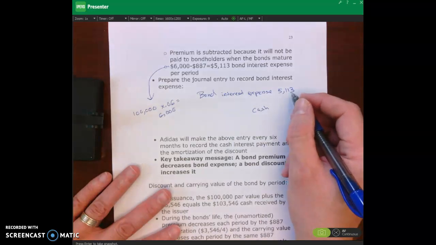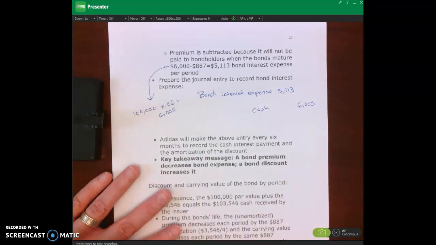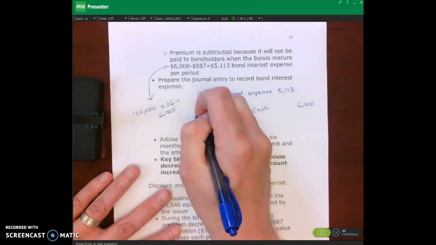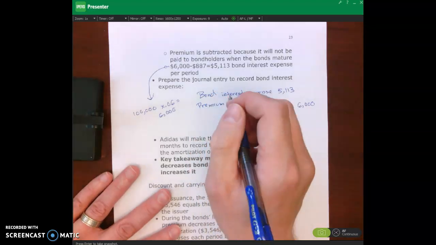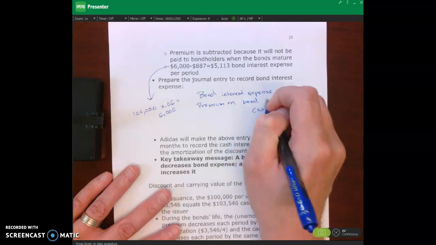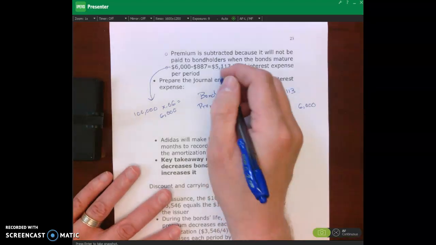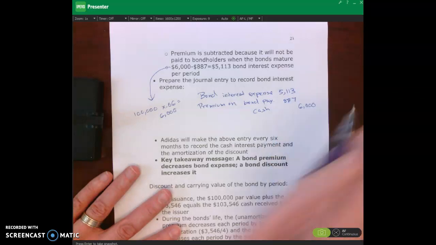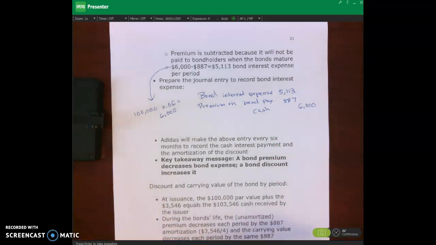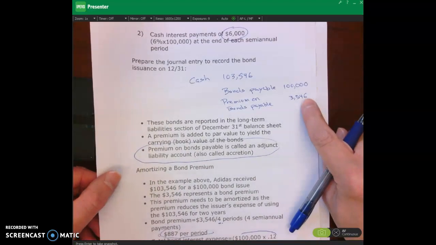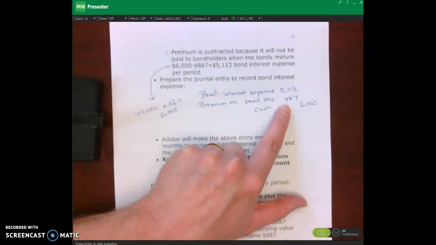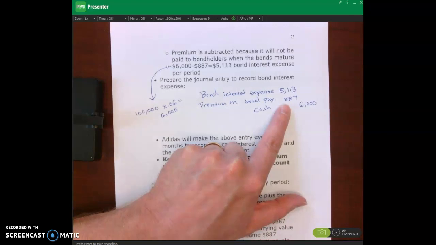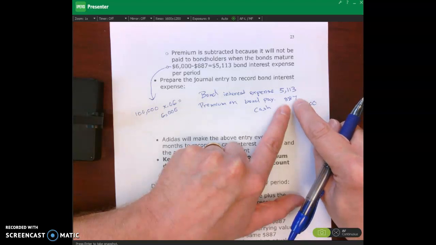You know from Accounting 101 that this is not a valid journal entry. I'm missing a debit right over here. So I'm going to then debit my premium on bonds payable for the difference, which is $887, which is the amortization. Now, if we look on this page, look over here, see the premium has a normal balance of a credit. So if I debit it, what's going on? It's going down. Okay? So the total amount of the unamortized bond premium will decrease by $887 after I do